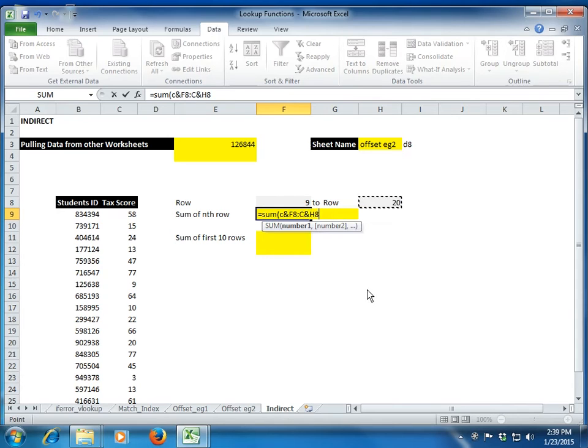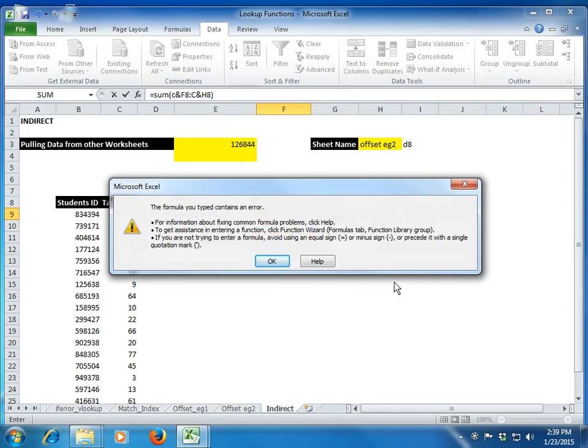What I'm asking Excel to do is the sum of C9, that is C and the cell with the value 9, to, the colon is used for giving a specified range in Excel, C20. Let's see whether this function will work or not. It's not working. Excel is giving an error because this is direct. You cannot refer to an Excel cell like that, where you say C and instead of 8 you give a cell number. Excel doesn't work like this. It will always throw an error.